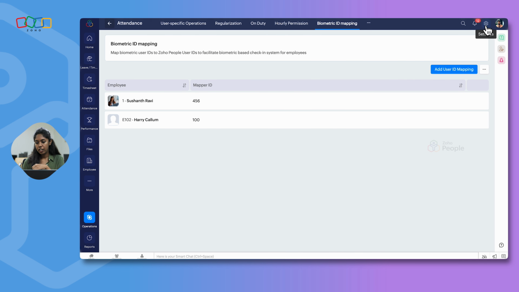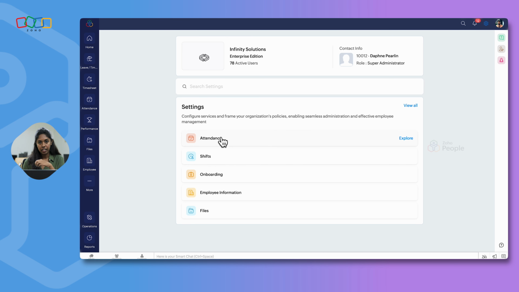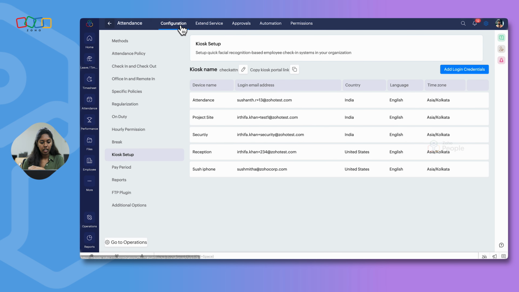In order to access the kiosk setup, click on settings, access the attendance module, and under configuration, you have kiosk setup. Kiosk is a facial recognition system that can capture an employee's check-in and check-out using the facial recognition option.